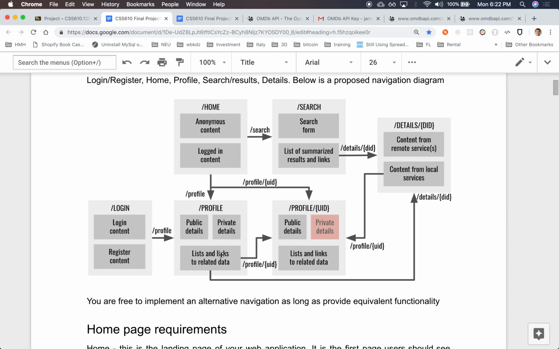If not the actual data, there should be some link or list of links that would allow me to navigate to anything that is related to me. Okay, so if that user has any relationships with anything else, it should be accessible from here. Okay, if I'm not logged in, perhaps obviously I won't have a profile if I'm not logged in, but perhaps